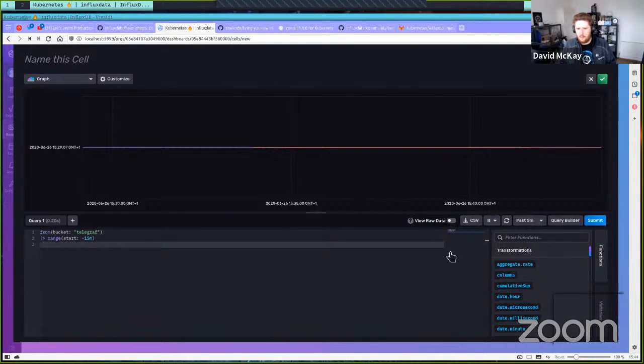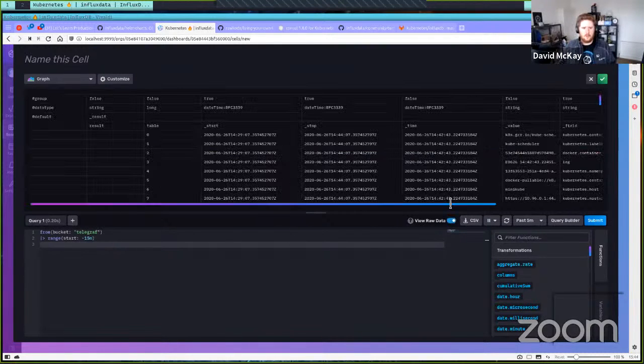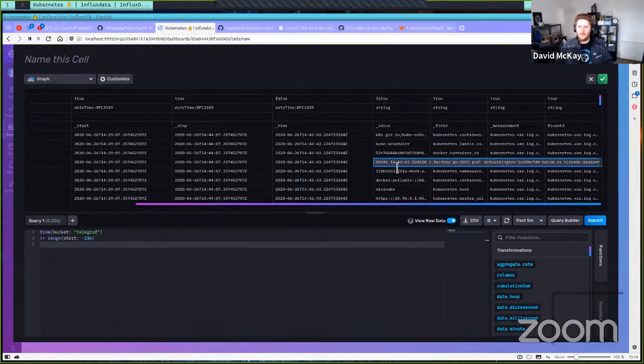Now, on computer. There we go. I really should stop using my laptop for these things. Okay, so as I said, the problem is this is columnar, right? So we actually want to be able to pivot this in a way that we can consume it. So what we're going to do is,